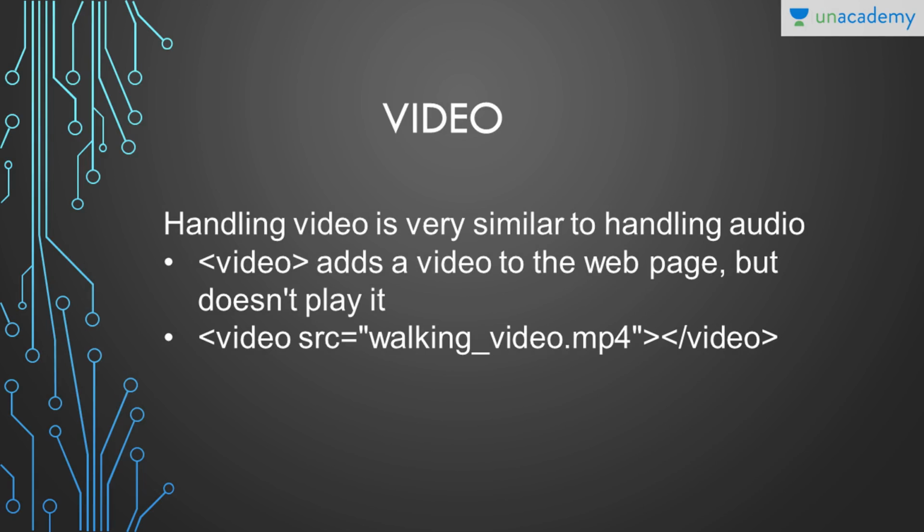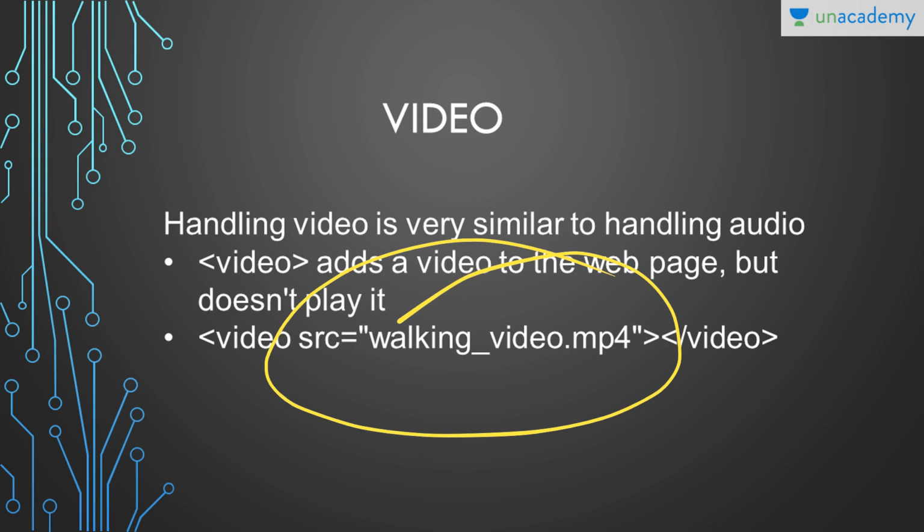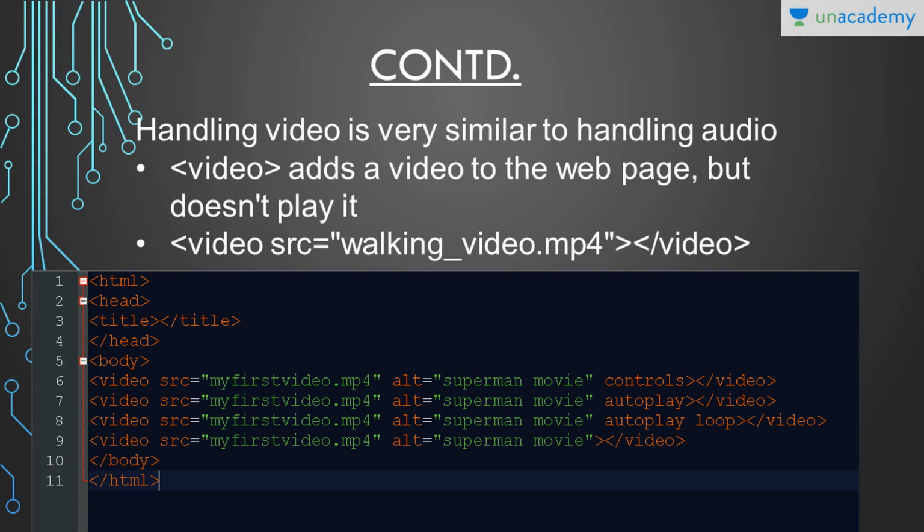So here is our third element, which is the video. Handling video is very similar to handling audio. All the attributes are similar to the audio tag. It will have a video opening tag and a video closing tag. That's why it's not a void element. We'll have to give a source file of our video. And there are all the attributes which are related to it, like the source,